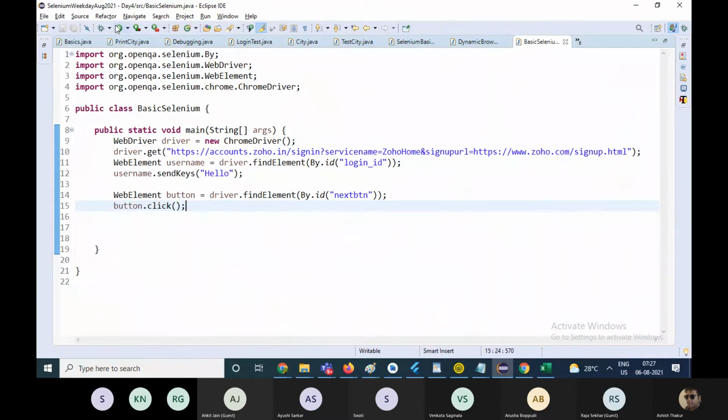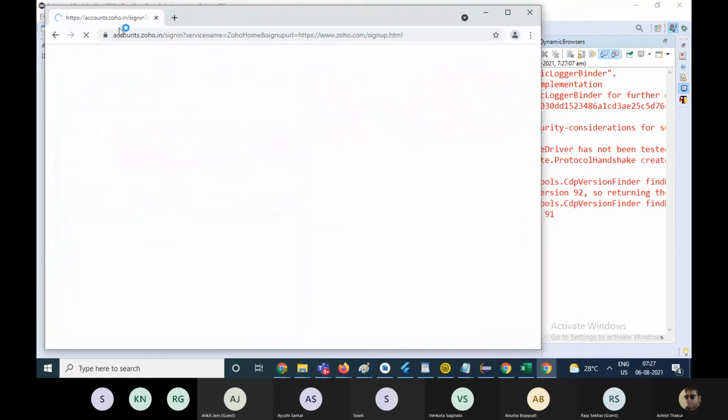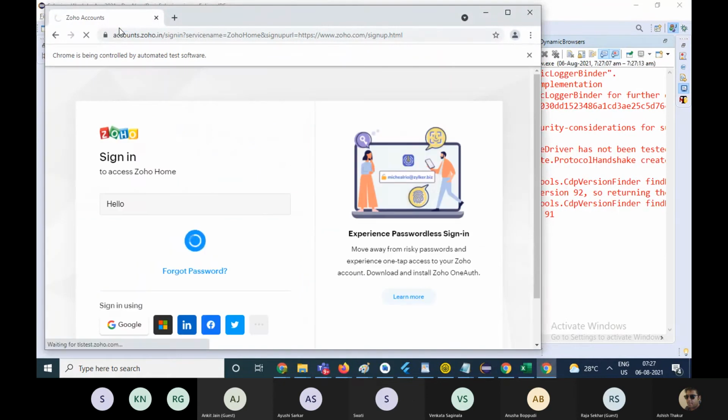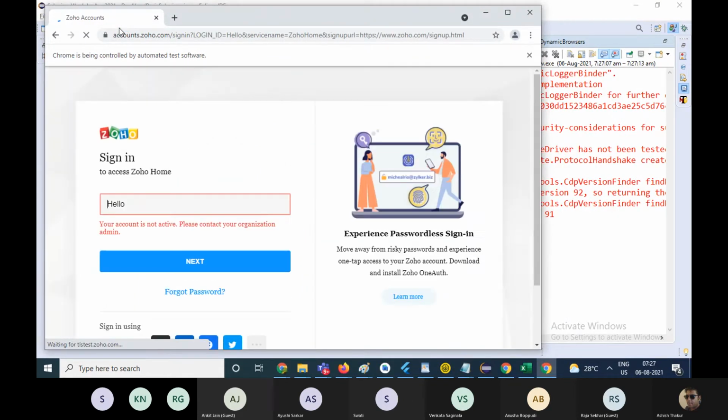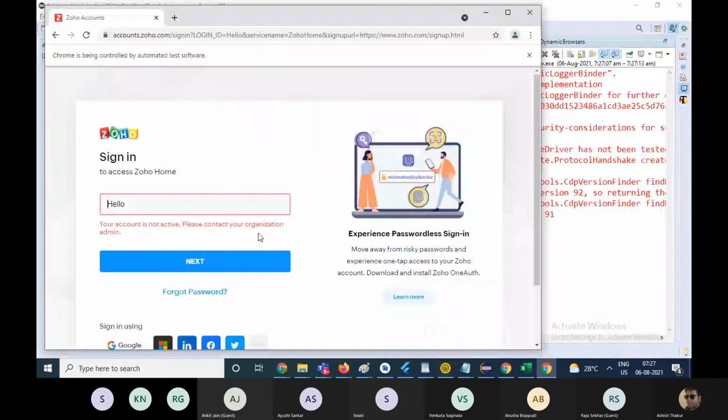Okay, so now if you run this code, right? So it types hello, right? And it also clicks on the next button and it writes your account is not active.